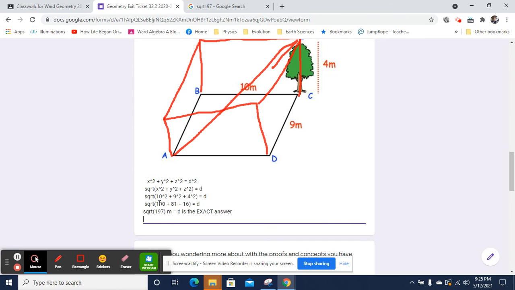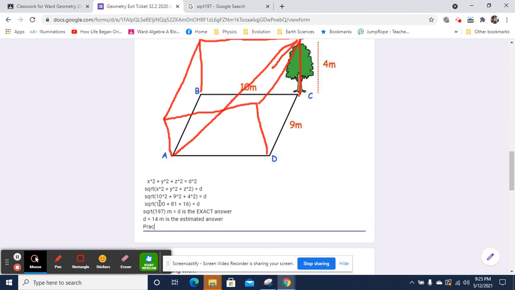So d equals 14 meters is the estimated answer. And the practical answer is you will probably want 15 meters since it will sag. Maybe more. All right, I hope that was